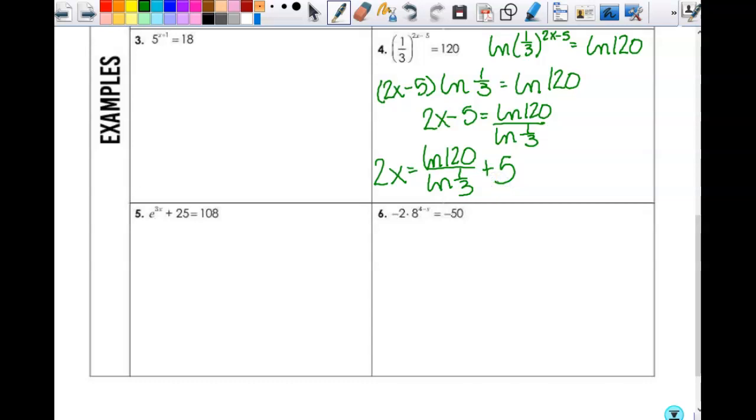And then divide by 2, right? Well, I can divide by 2, but I'd have all that mess all over 2, and there's nothing wrong with that. But dividing by 2 is the same as multiplying by what? 1/2. So x is equal to 1/2, but then big old parentheses, natural log of 120 over the natural log